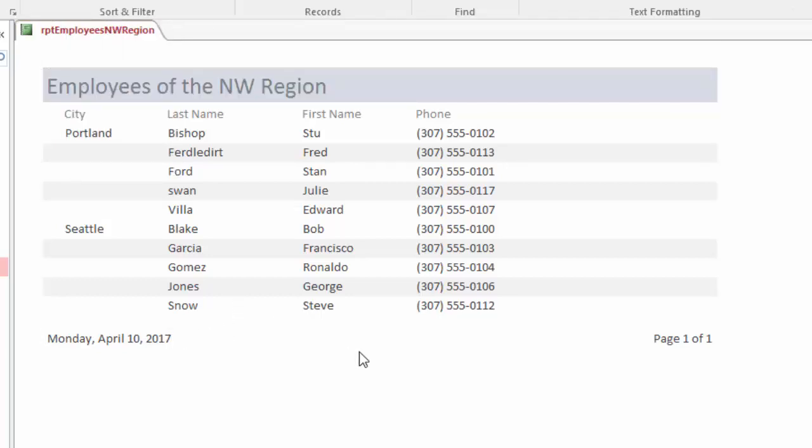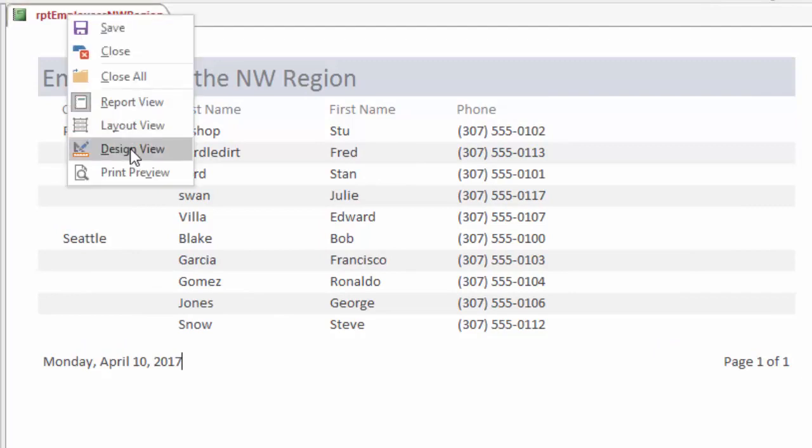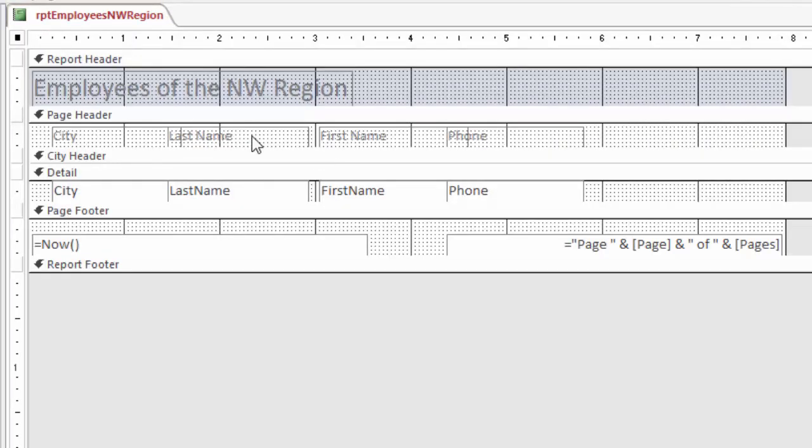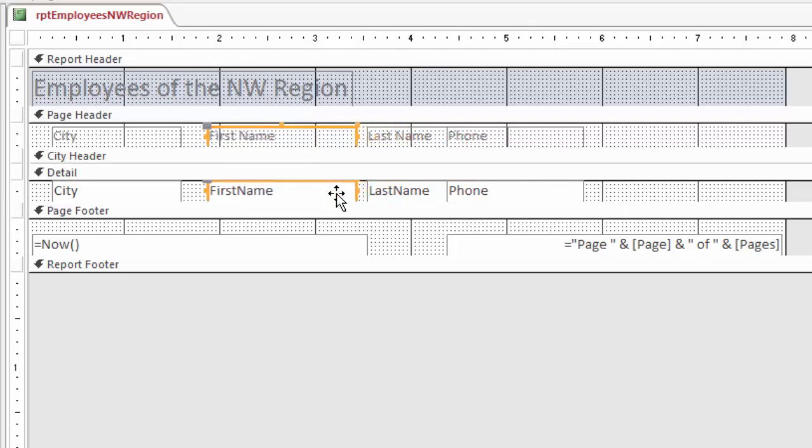So there we go. That's a little better. We could organize this by first name then last name if we wanted to, by just going into our design view, and we basically just click the last name and then shift and click the other last name, and then we grab it, pull it over here, and then we do the same thing with this one, click on it, shift and click, and then for this one I'll just arrow it over to move it,